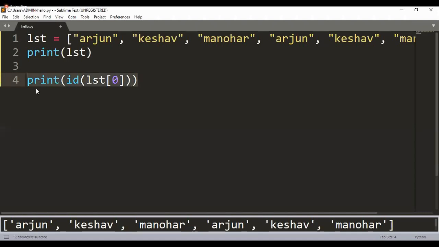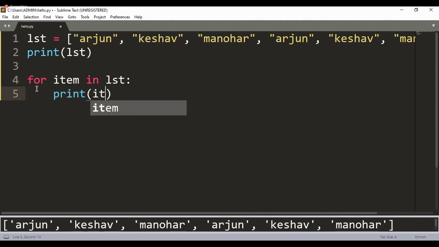Hence, we will have to make use of a loop. So maybe in this case, I'll make use of the for loop. Tell me, what is each of these list elements which you see on your screen technically referred to as? I've told you, it is technically referred to as an item. That means I would say, for each item in my list called LST, I don't simply want you to print the item. Along with the item, please print me the ID or the address of each of these items. What I'm trying to tell you here.